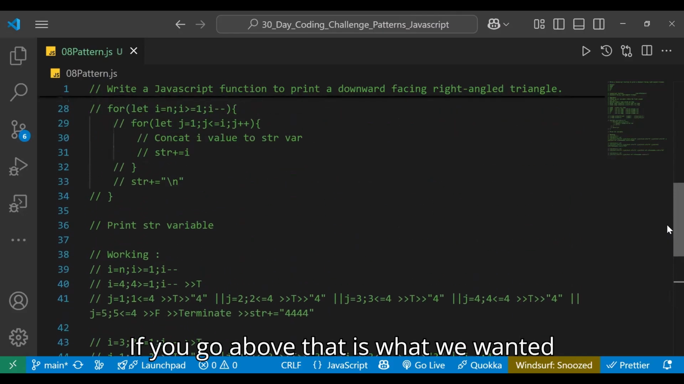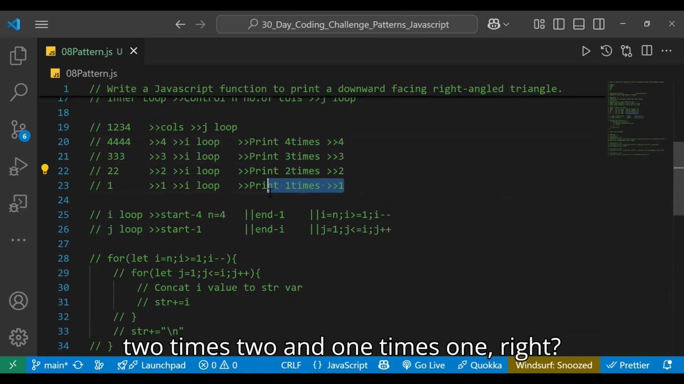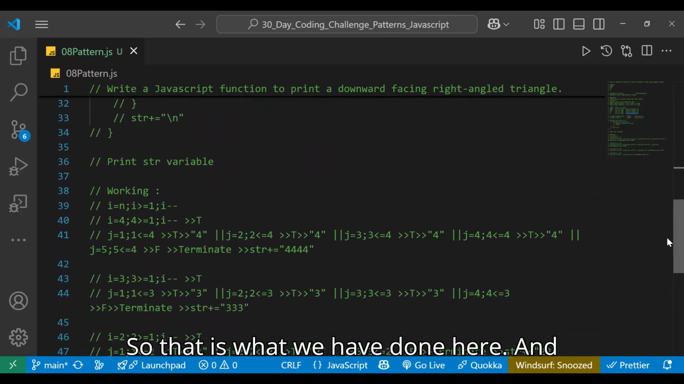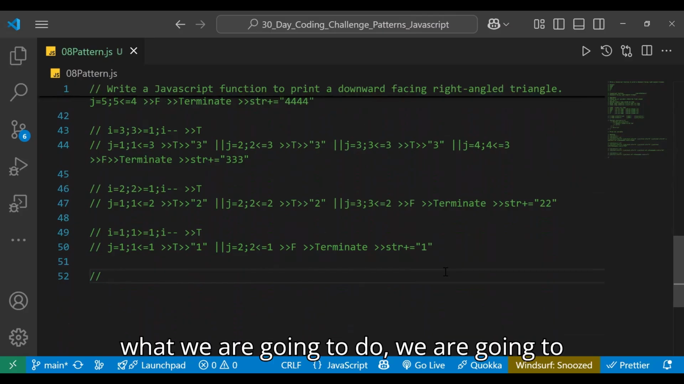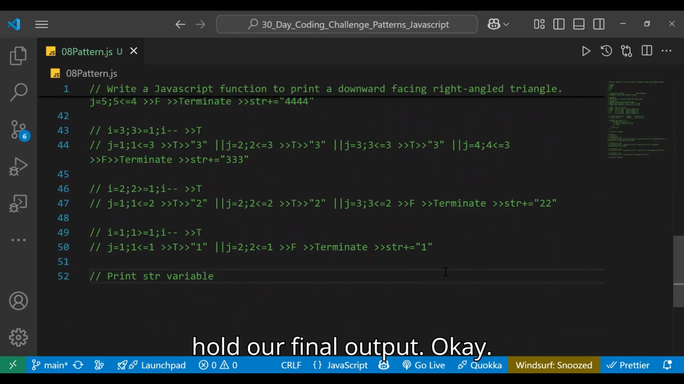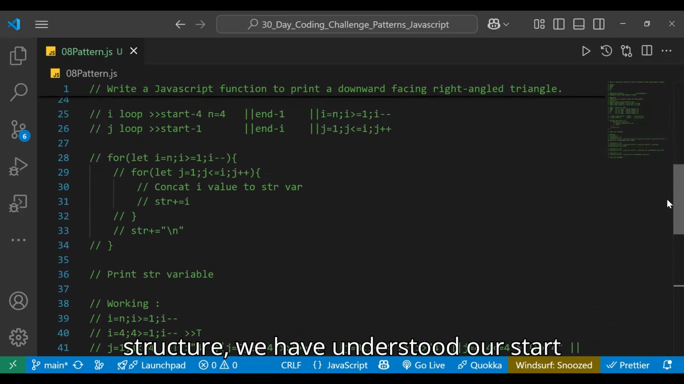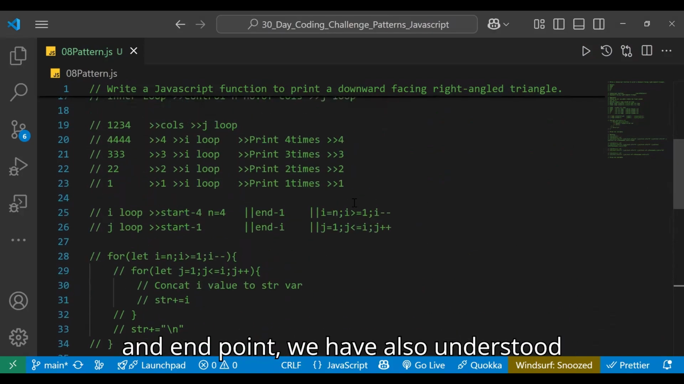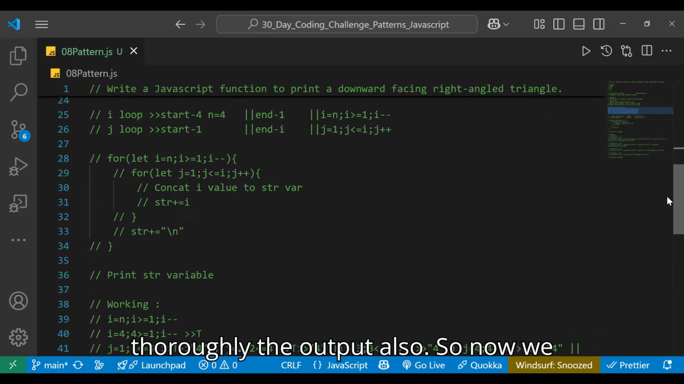If you go above, that is what we wanted. 4 times 4, 3 times 3, 2 times 2 and 1 times 1, right? So that is what we have done here. And once the entire execution is done, we are going to print our str variable, which is going to hold our final output, okay? Now, since we have understood the entire working, the loop structure, our start and end point, and we have also understood thoroughly the output, so now we will proceed with